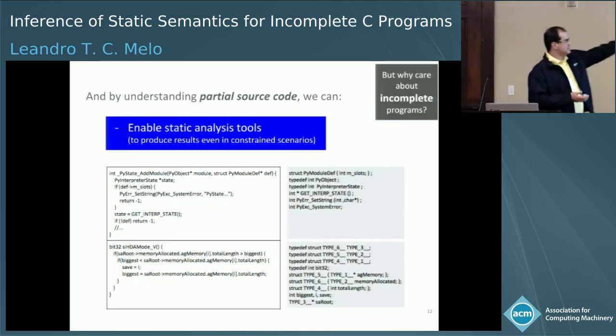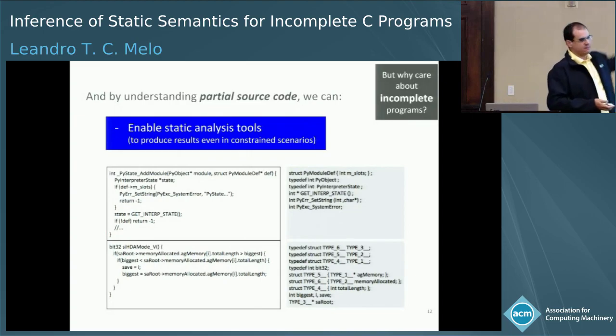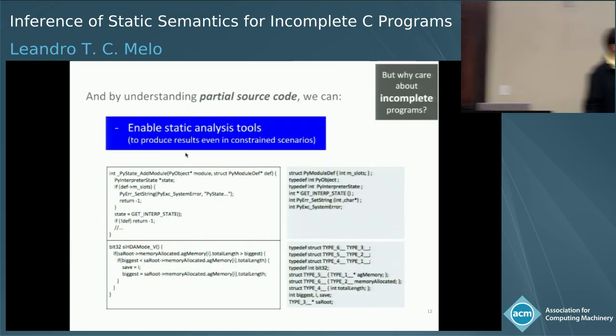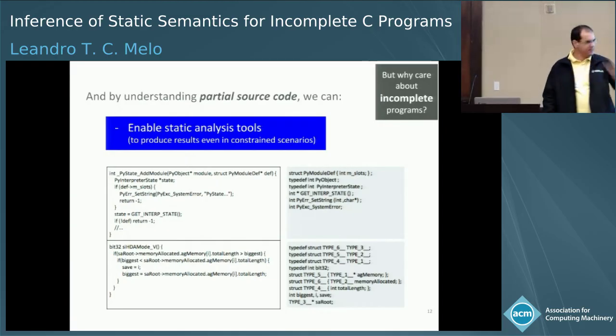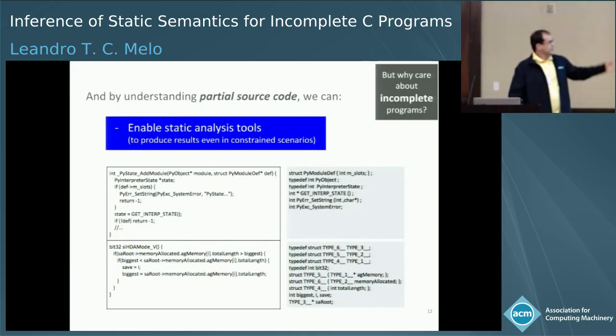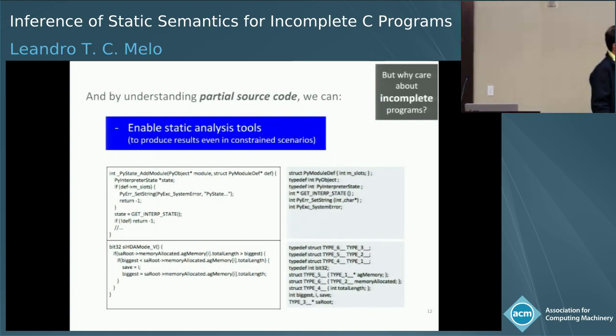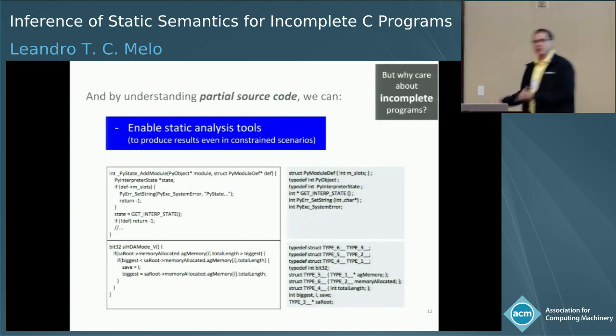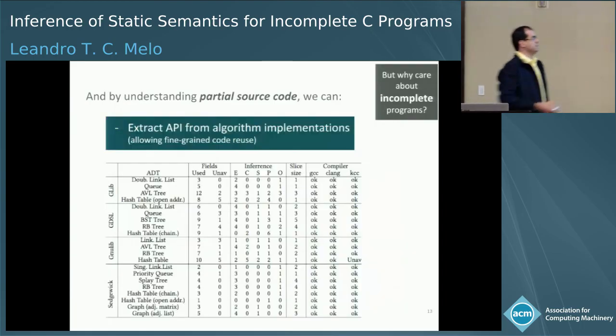I'm going to show you, this is from PVS Studio, a well-known static analyzer. We took their own snippets from the showcase, for a category of diagnostics, that's of course not all sorts of diagnostics. We can reconstruct the particular, this comes from CPython, the Python interpreter. This comes from NetBSD, and there are others in the paper. The outcome of our reconstructor still produces the same diagnostic results as we would by compiling the entire program.